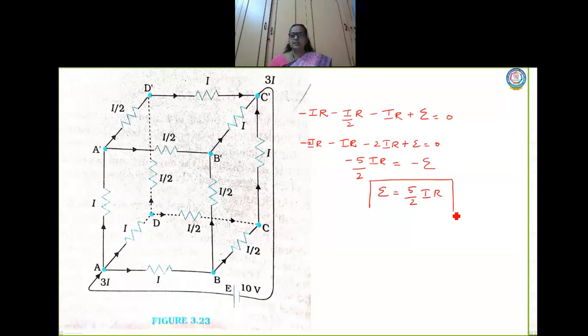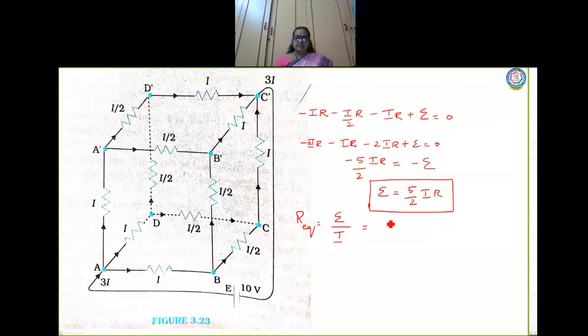Okay, this is the EMF, right? Now this is the equivalent EMF. Now I am going to find out what is the equivalent resistance. So let us write R equivalent, resistance equivalent, equal to psi by V by I, right? So it is psi by I.